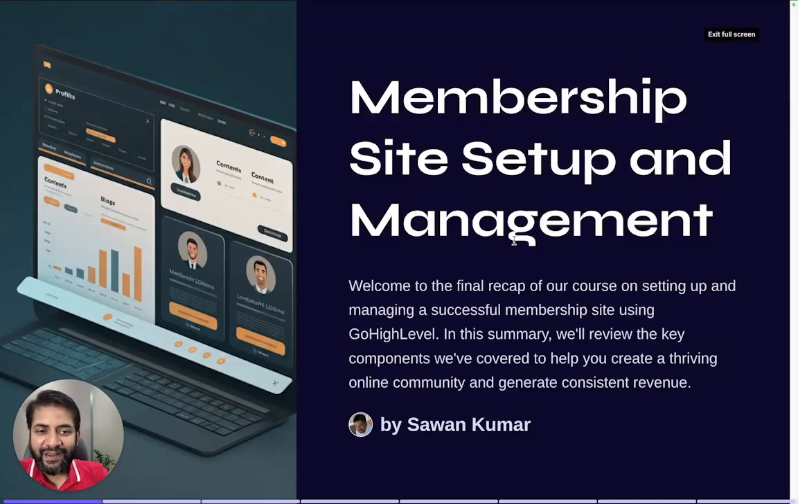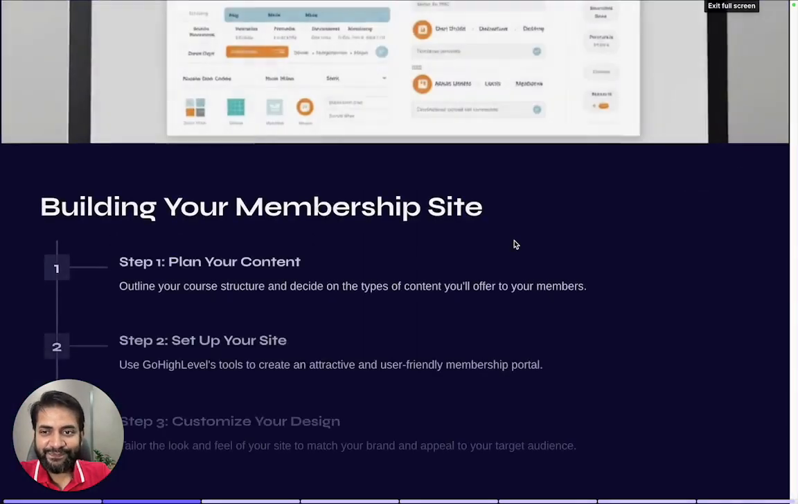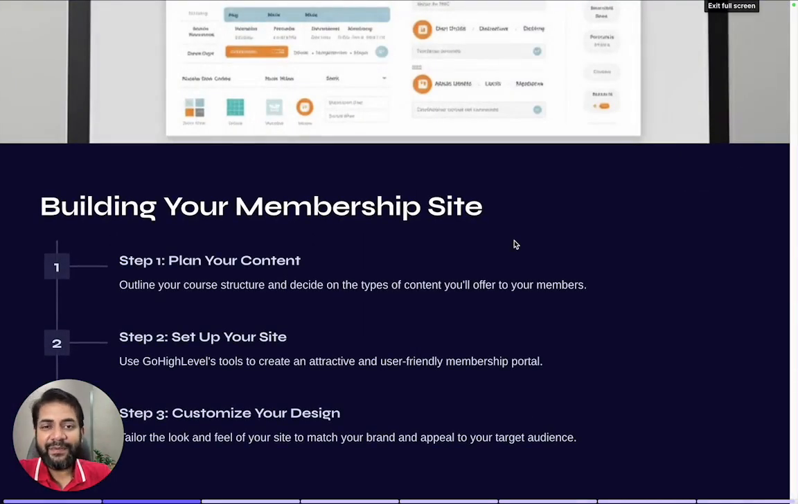Let us now do a quick recap of all that we learned on setting up and managing a successful membership site using Go High Level. In this summary, we'll review the key components we have covered to help you create a thriving online community and generate consistent revenue. So building your membership site, it starts with planning your content, setting up your site, and customizing